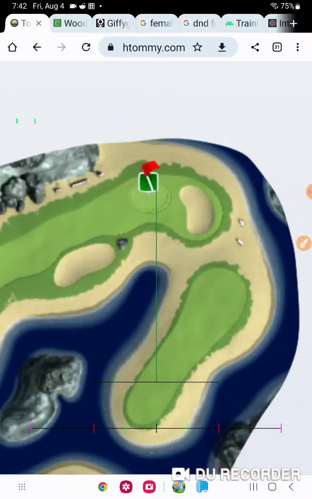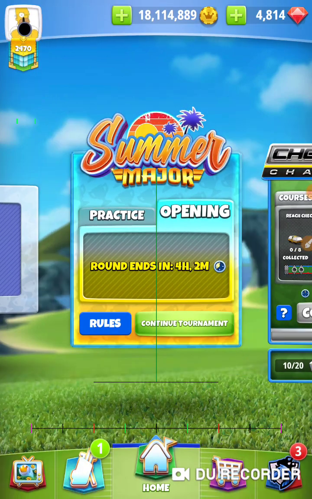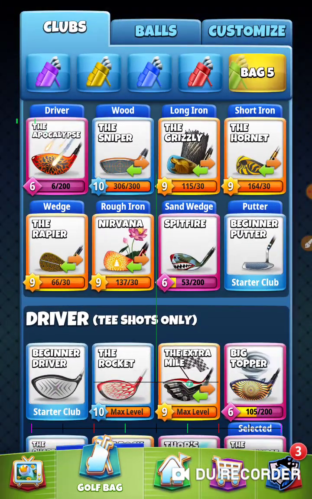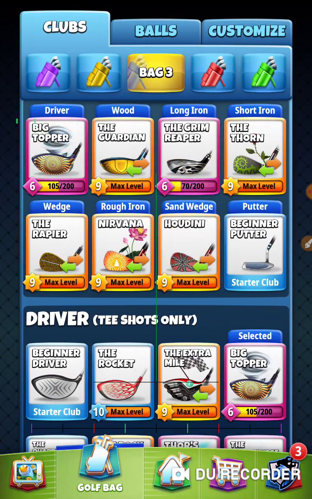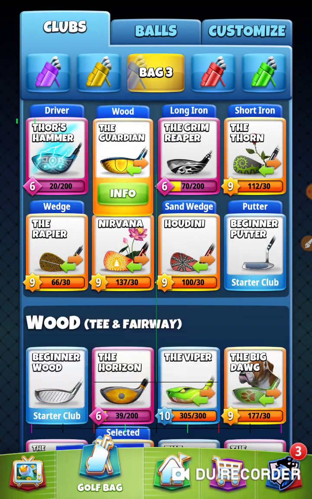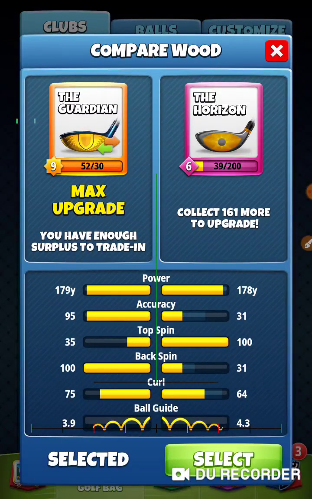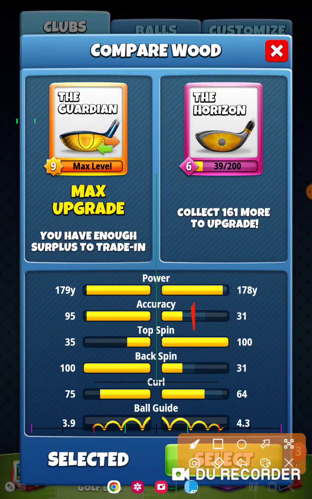So I'm going to use my Horizon. Now I have, I believe, a higher level Horizon. Let's think about what bag I want to take. I want to take a Thor's Hammer bag, and I'm not using this big topper bag, so I'm going to change it up just for this hole. So I have this bag set up, Thor's Hammer, and I'm going to take a Horizon. And I have a Horizon 7 in my 77 account, and most of the stuff is the same, but the one that's different is this. It's at 2.1, so it's basically the same as an Extra Mile versus the